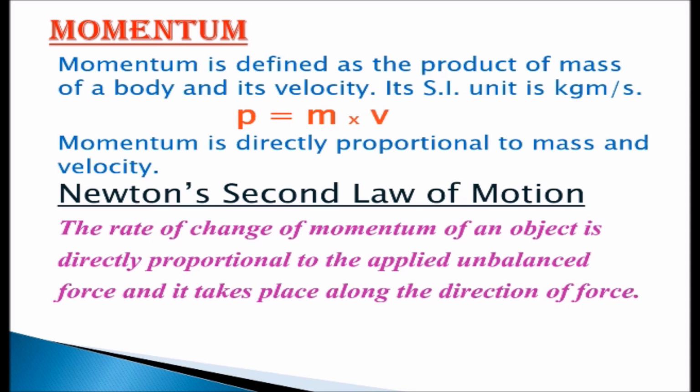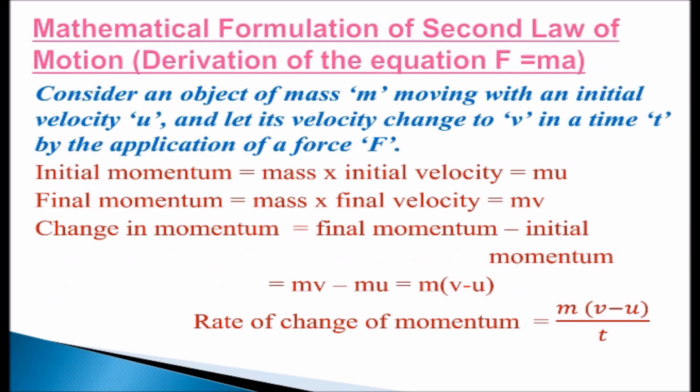Newton's second law of motion. Newton's second law of motion states that the rate of change of momentum of an object is directly proportional to the applied unbalanced force, and it takes place along the direction of force. Mathematical formulation of the second law of motion gives the equation for force, F is equal to ma. For this derivation,